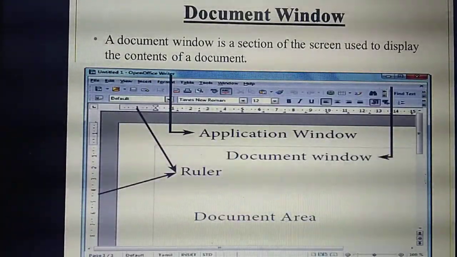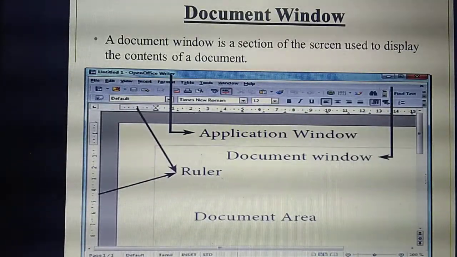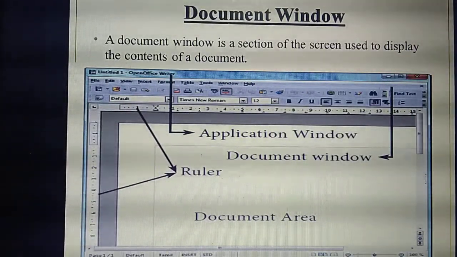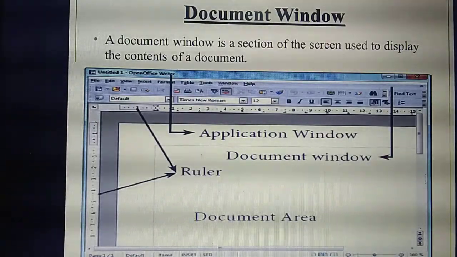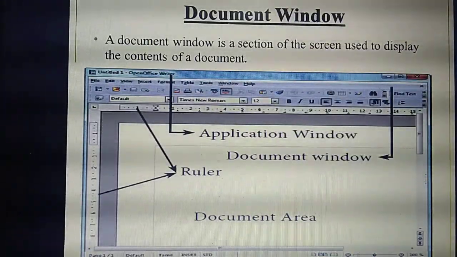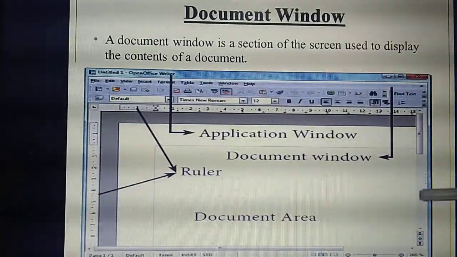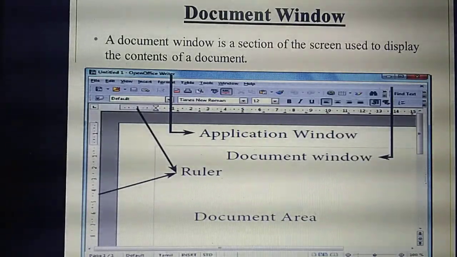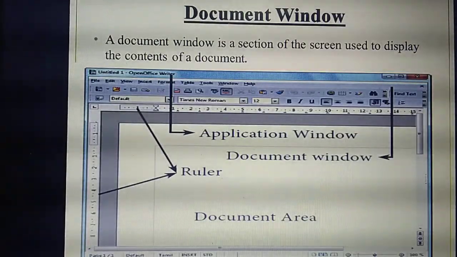Yes. So till now we have studied about the application window, isn't it? Now we are going towards the two types of windows I mentioned: application window as well as document window. Next we are going to study about the document window. The document window is nothing but the same thing. In the application window, you studied the outline features, the things available in that particular application. Document window means you are going to use that application. That is called the document window.